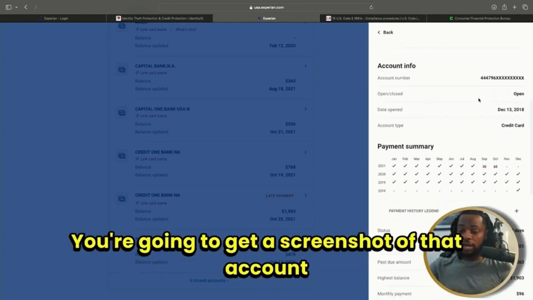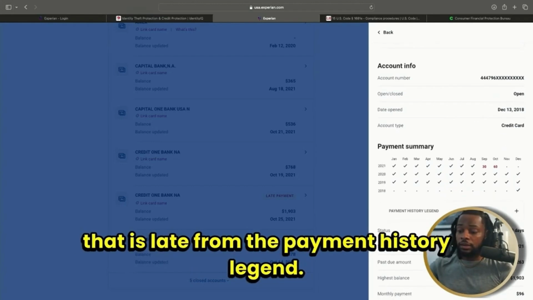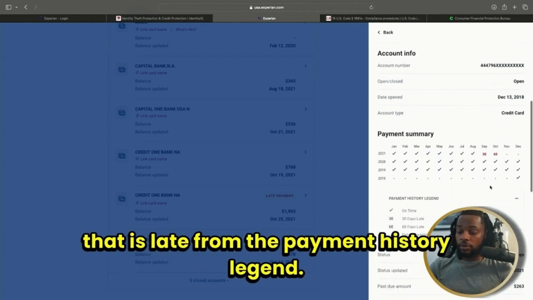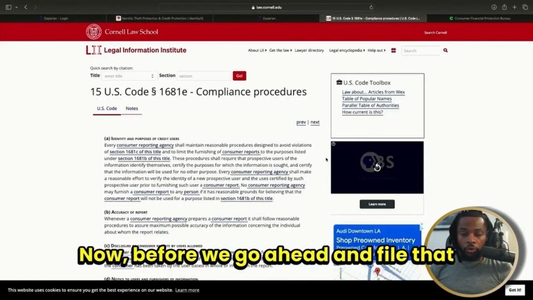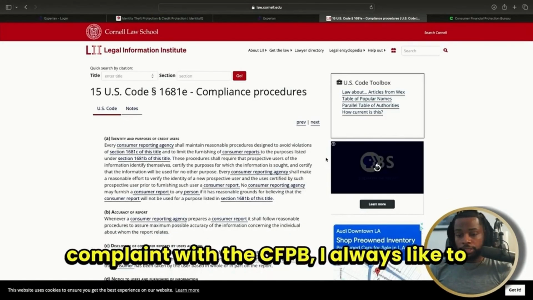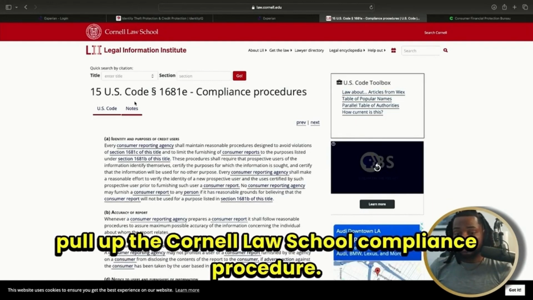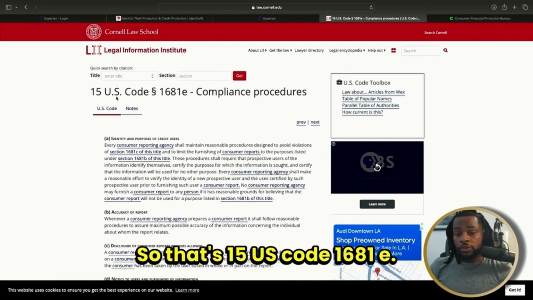You're going to get a screenshot of that account that is late from the payment history legend. All right. We're going to go over to the CFPB, and then we're going to file this complaint. Now, before we go ahead and file that complaint with the CFPB, I always like to pull up the Cornell Law School compliance procedure. So that's 15 U.S. Code